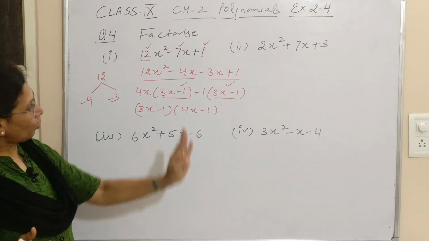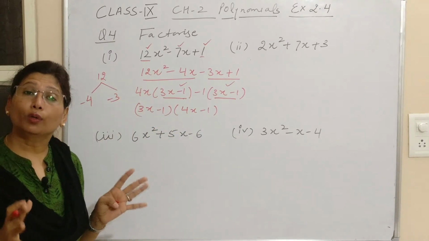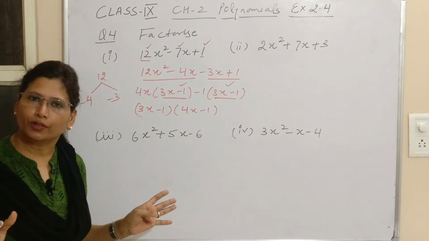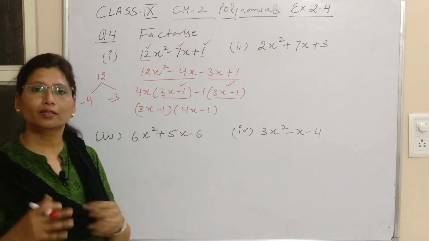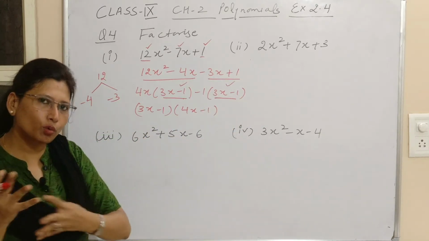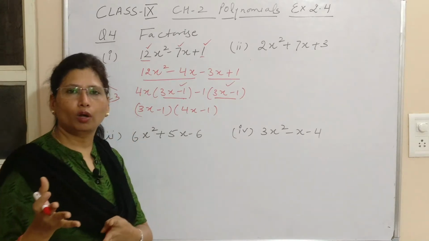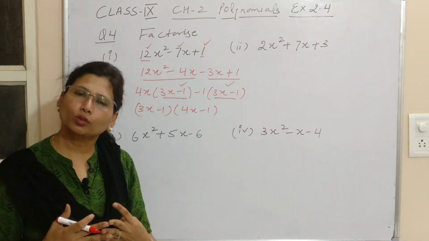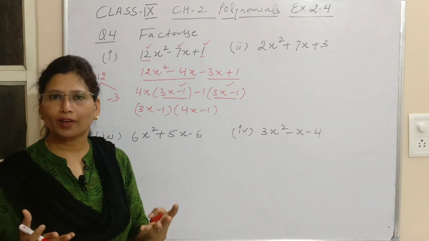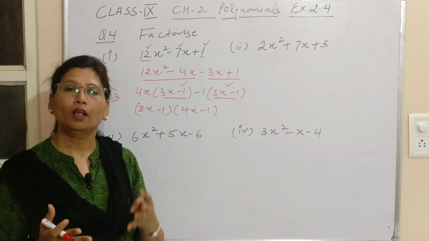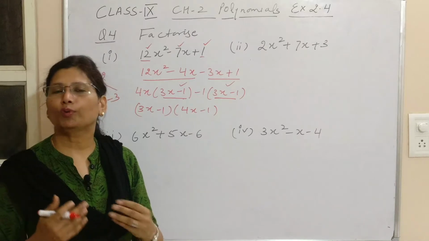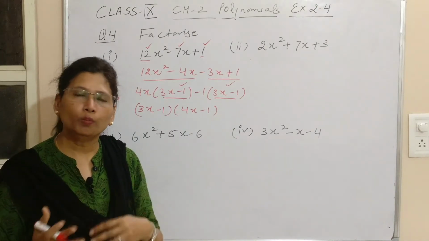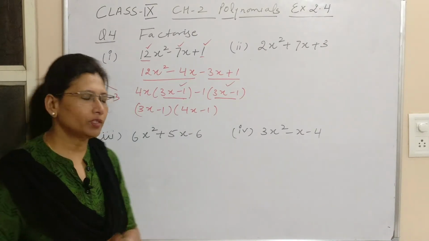So all these 4 are very good questions, the reason being they are all different. As far as the second part is concerned, you can factorize it. I just want you to solve it like 2 threes are 6. We'll factorize 6 so that we get 7. So what can be the factors? Think over it, solve it. This is comparatively simple because we don't have any negative sign, so no hassle of handling the negative sign.